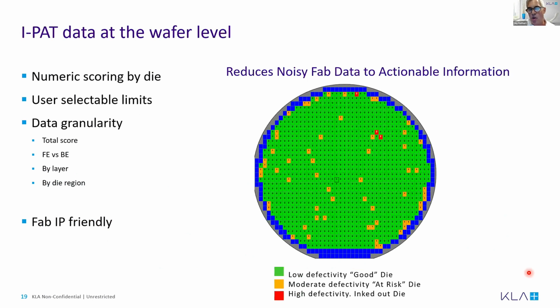What the IPAT data at the wafer level ends up looking like is something like this. Here's a wafer with 4 different layers of IPAT data, using examples like I just demonstrated to you. Most of the die on the wafer come up green, nominal. They have very low defectivity. A few of the die that you can see here are marked in red. This is what IPAT has labeled as outliers based on the user's customizable limits. And several other die are in that mid-range, that uncertain range, in this case orange, that bear closer